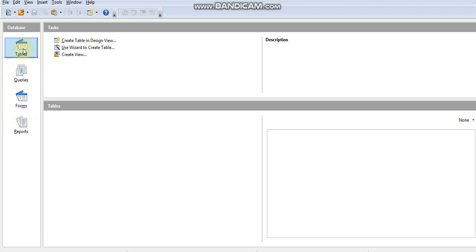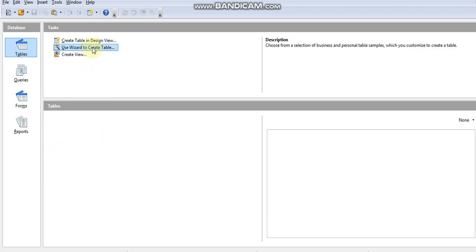First of all, we'll learn how to create tables, and there are different ways. Either we can create a table in design view or using a wizard. As per your study material, this command has been used, creating a table using a design view. You can see on the right side the description. It's showing create a table by specifying field names, or you can use a wizard to create a table. For the time being, I don't have a table in this database because it's a new database for me, so there's no table showing over here.